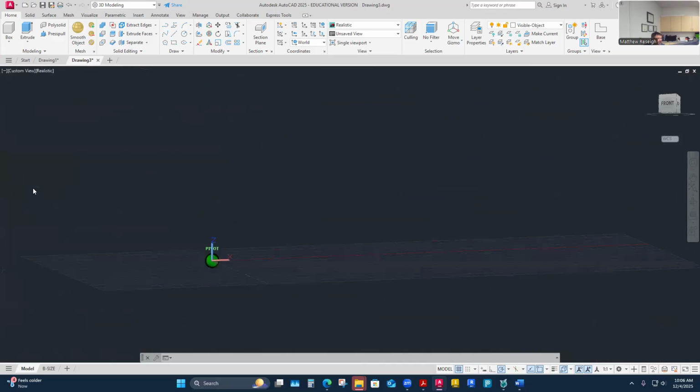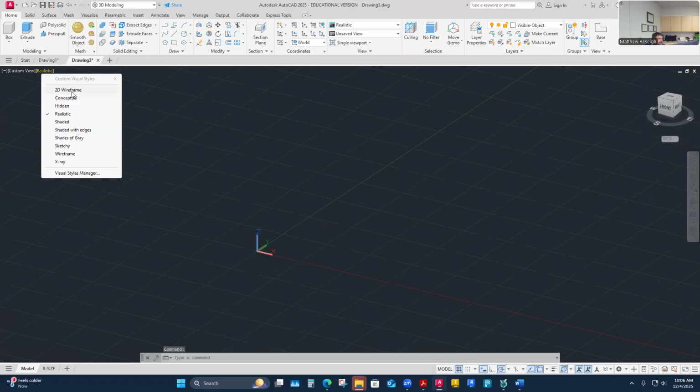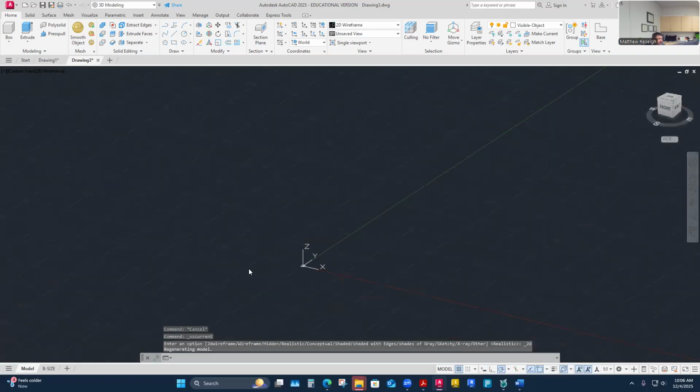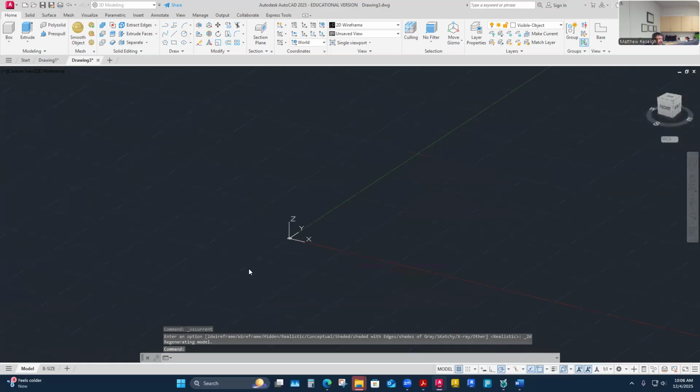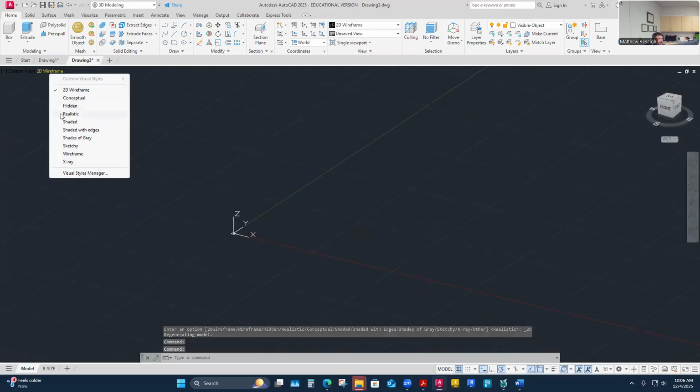So here's me using my 3D mouse. I'm starting to rotate around, and I can rotate to the underside or wherever. This is me using my 3D mouse in 3D space. It won't work like this if you're in 2D. 2D wireframe limits the use of the 3D mouse. It can zoom in and out, but it really doesn't rotate in the world unless you're in a 3D